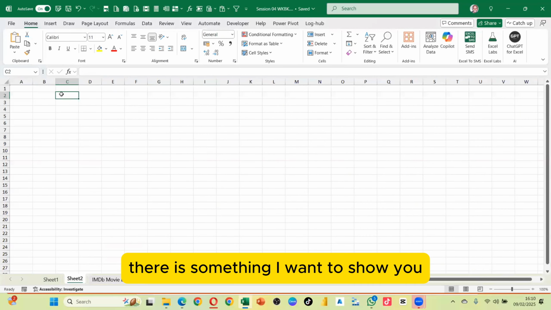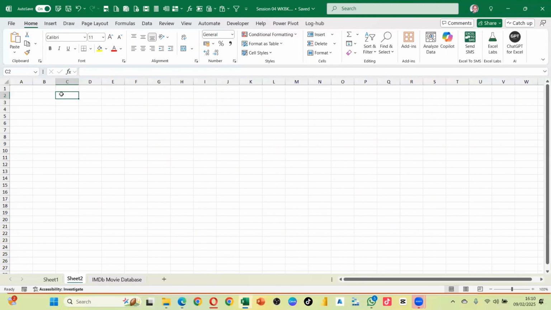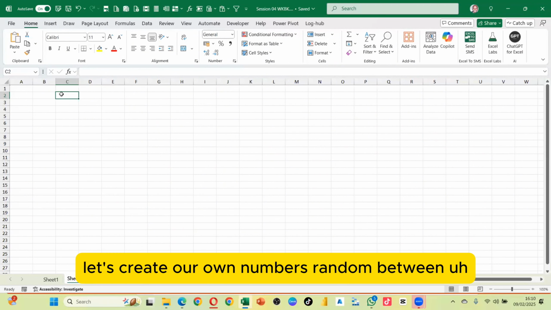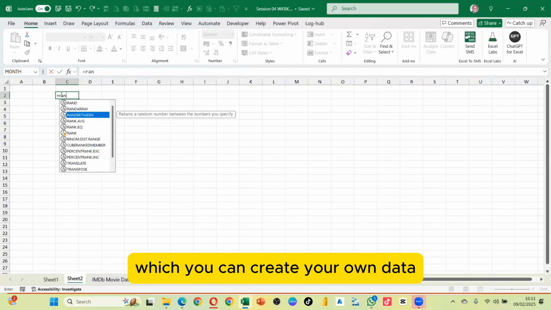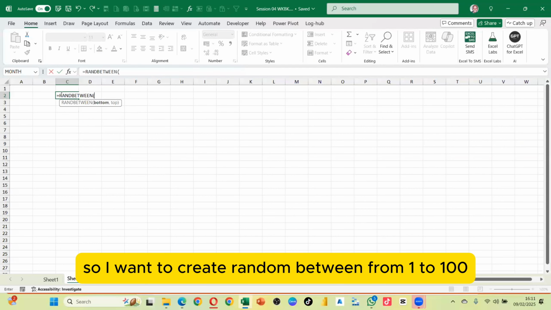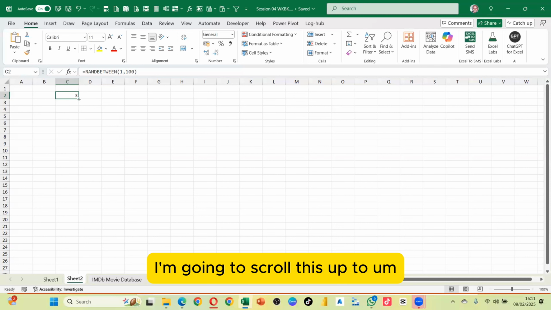Now, there is something I want to show you. If we have numbers, let's create our own numbers. There is a formula called random between, which you can use to create your own data. So I want to create a random between from 1 to 100. So it starts with that. I'm going to scroll this up to